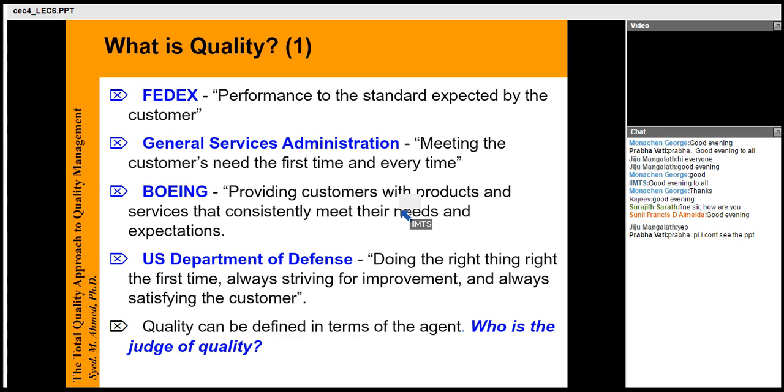Then quality can be defined in terms of the agent, who is the judge of the quality. So that means, to explain quality best, is we have set certain